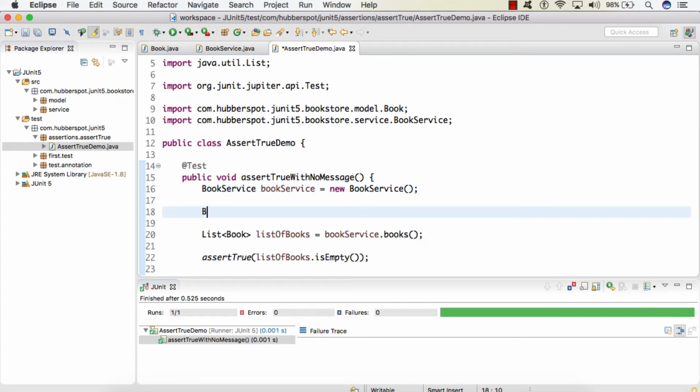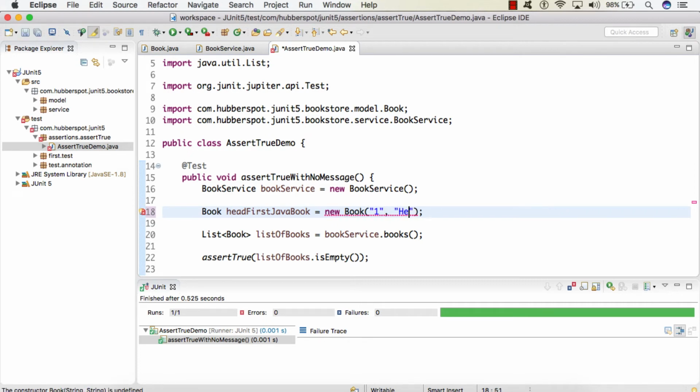So friends, let's say I create one book. I give it a name as Head First Java book. I give ID as 1.